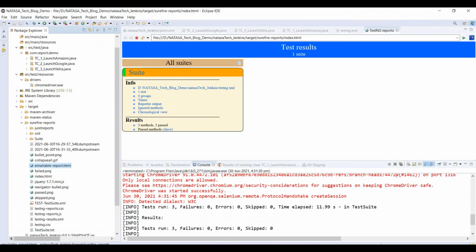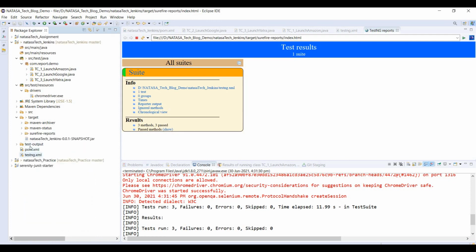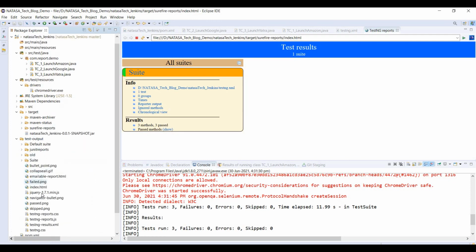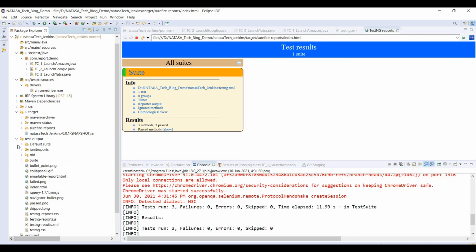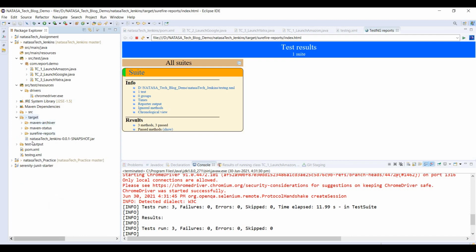Okay, I hope you guys understand how we can integrate with TestNG. This is the way we get the report, and you can find the test output also. This is the default index.html we get after installing TestNG and running the TestNG class file. So this is the separate one, this is the separate one. Once we install the Surefire plugin, only then do we get this report. If you install TestNG alone, then we will get this test output report. Okay, so this is the difference between the Surefire report and the test-output folder report.